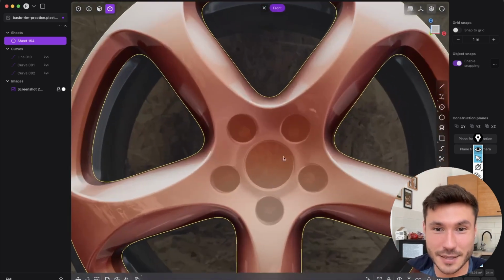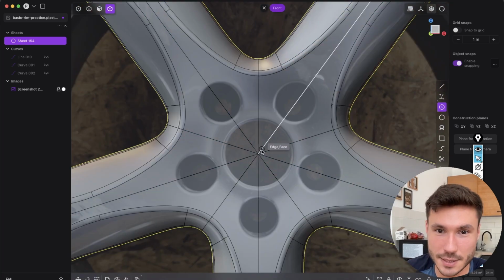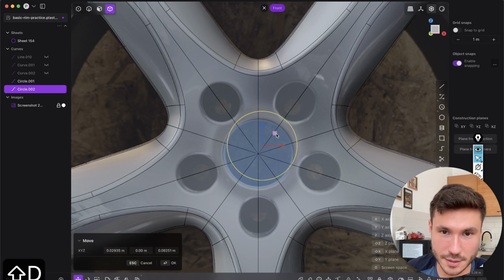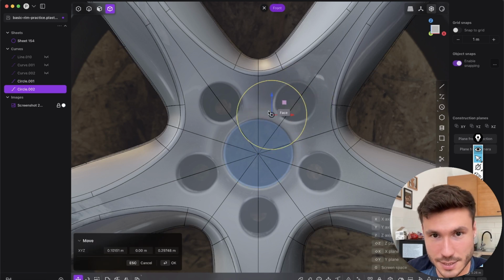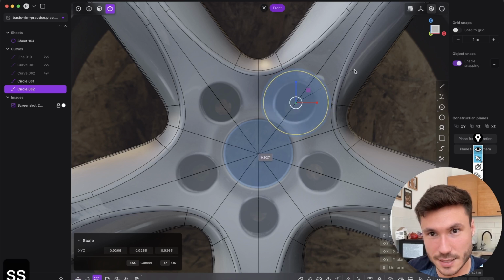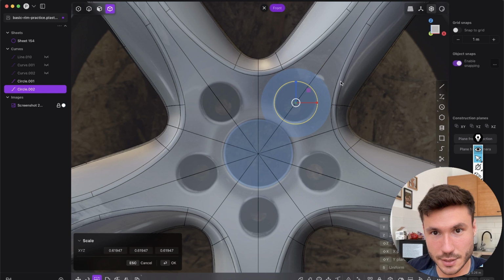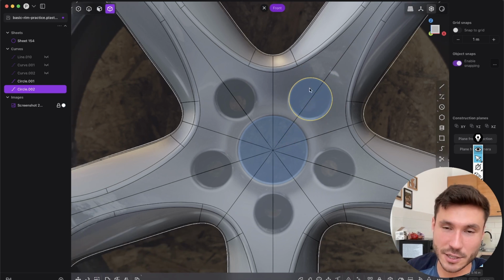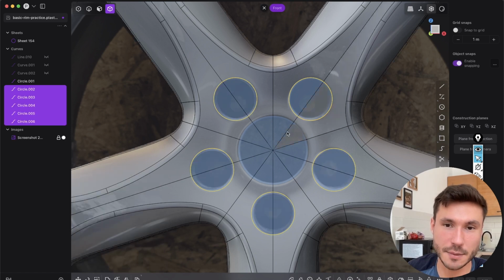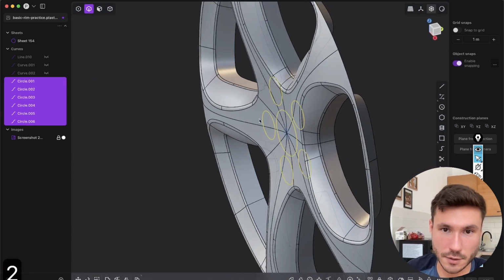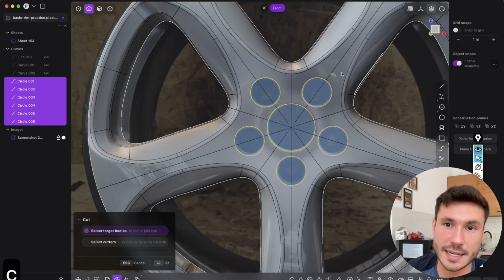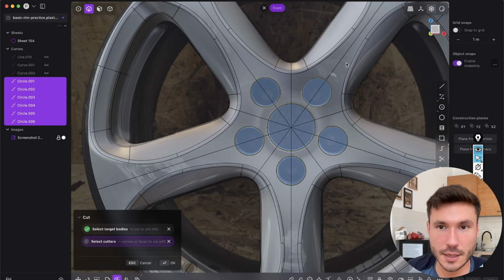And here we can just create some quick details. If we select the circle and go here to the middle, and Shift D to duplicate this circle, and with Control click we can snap here on our 1/5 lines. So snap it here on this edge and just SS to make it a little bit smaller. And now we can also use this circle and radial array around the middle, still with 5 times. So we can select all of those nice circles, select them all, press C into our